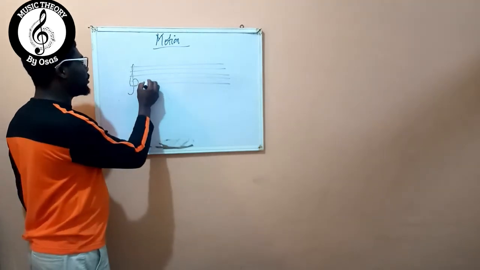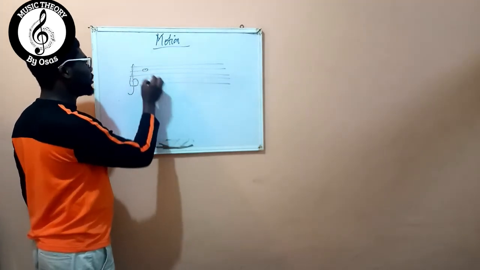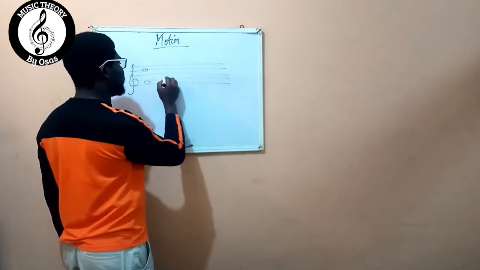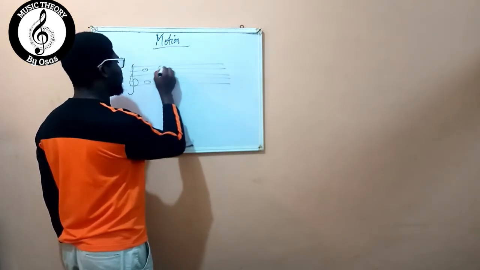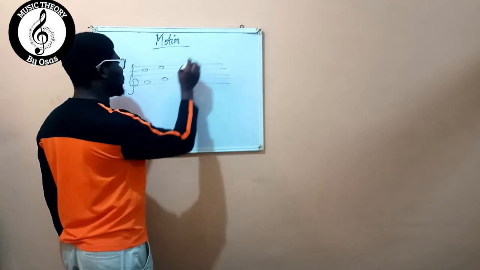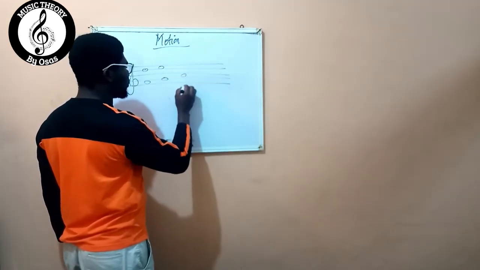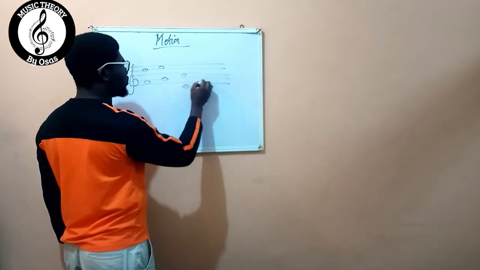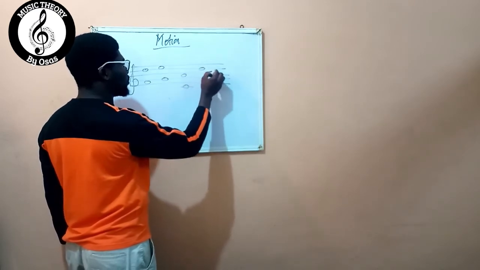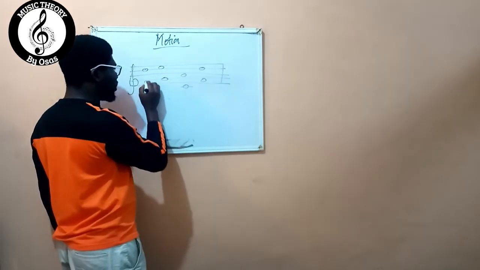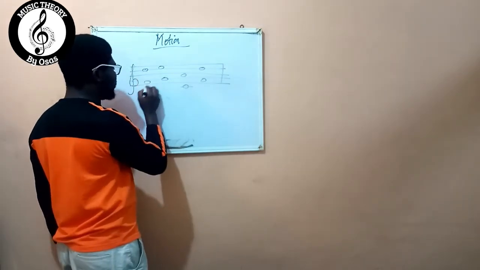So we have this. So this is an interval of a sixth. 1, 2, 3, 4, 5, 6. So sixth,